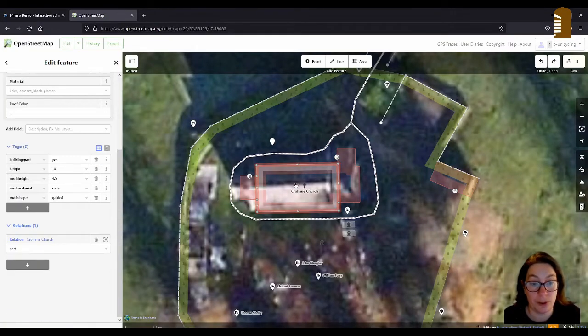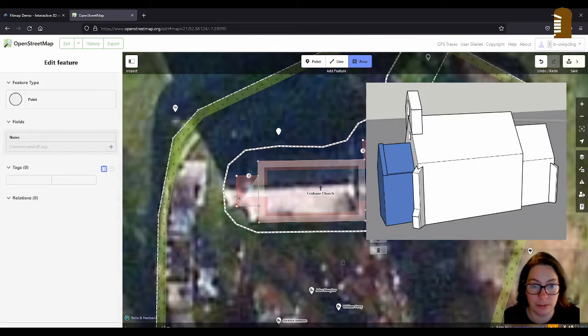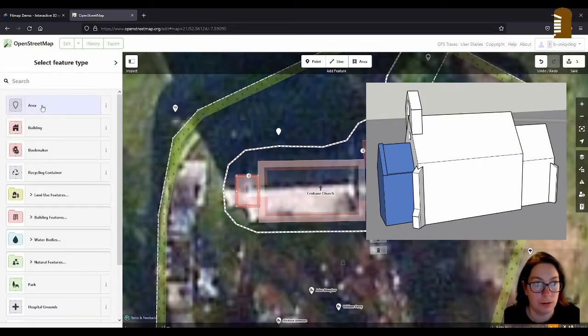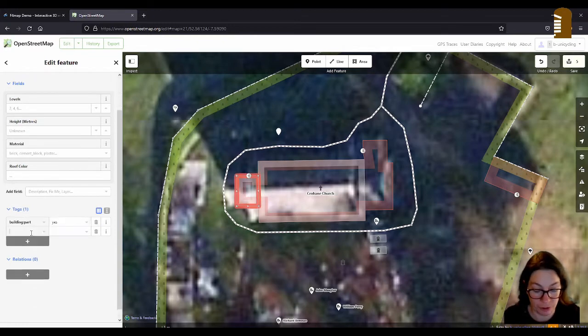So this is the first part, and the second part I'm going to add is this one here. And again, area, change that to building part, yes. And the roof shape is also gabled.